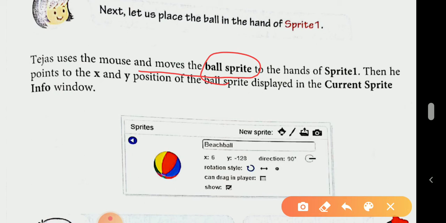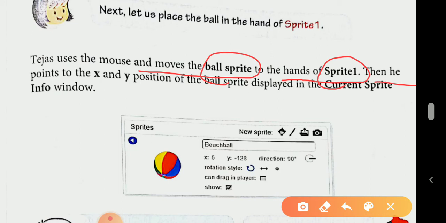What do they do? They just move the mouse and move the ball sprite to the hands of sprite 1.